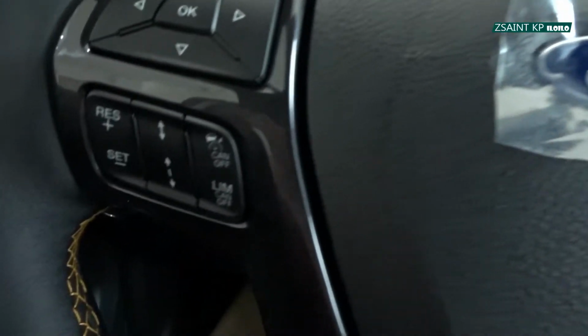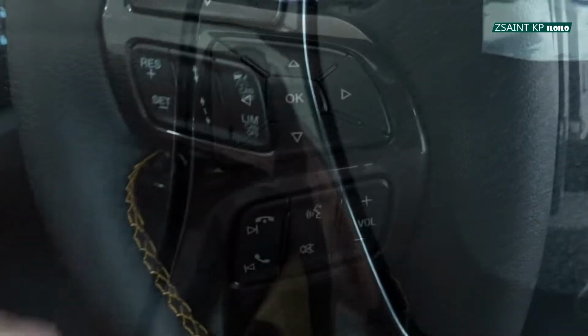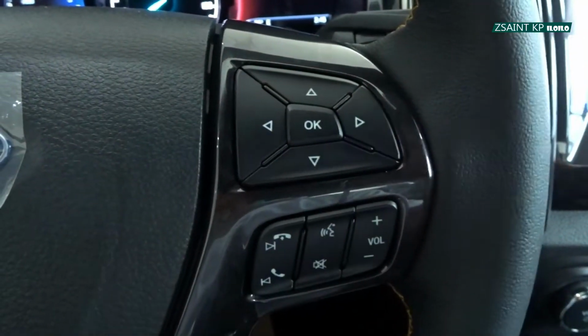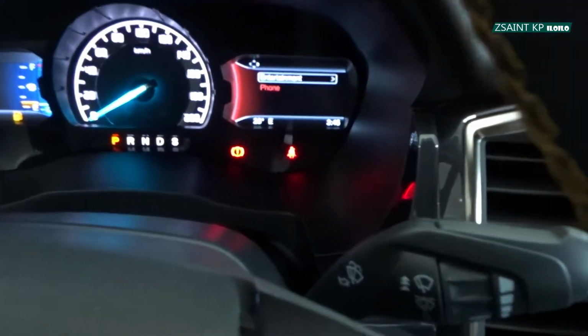And down below is your cruise control with your speed limiter control right here. While on the right side is the same button as the left side, your up, down, left, right, and your OK button. This time around, these sets of buttons right here correspond you to control the right multi-information display,